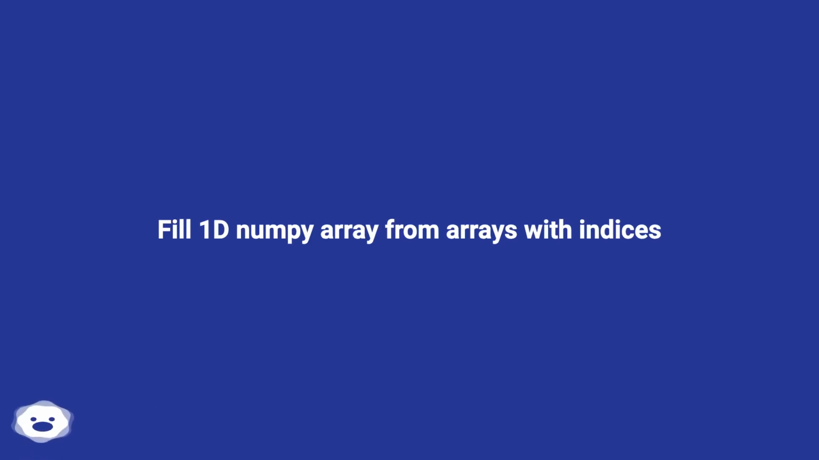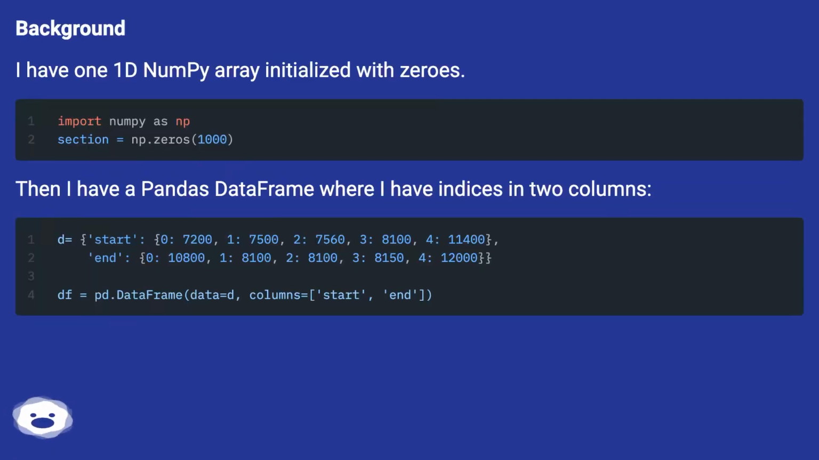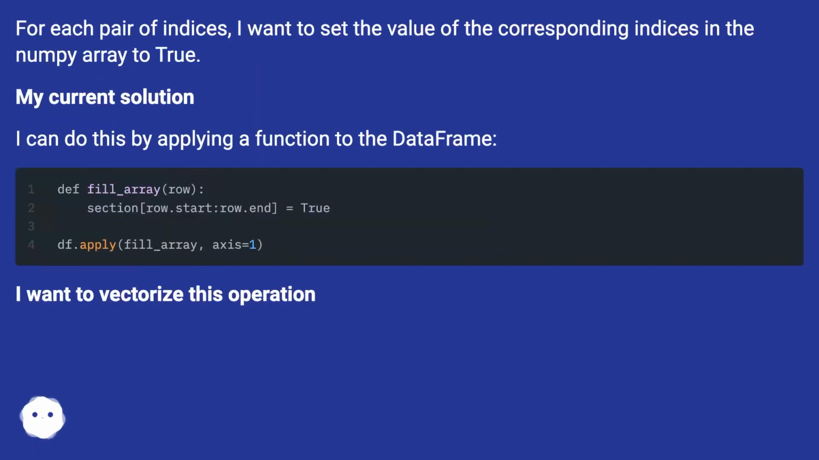Fill 1D Numpy array from arrays with indices. Background. I have one 1D Numpy array initialized with zeros. Then I have a pandas data frame where I have indices in 2 columns. For each pair of indices, I want to set the value of the corresponding indices in the Numpy array to